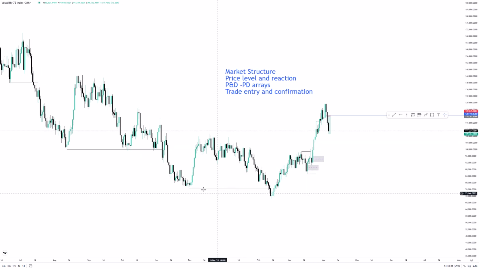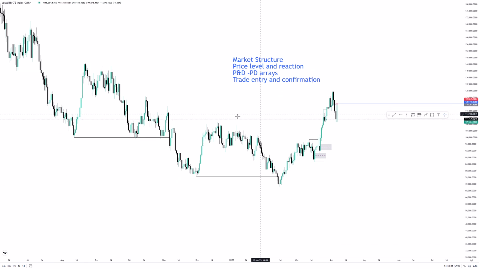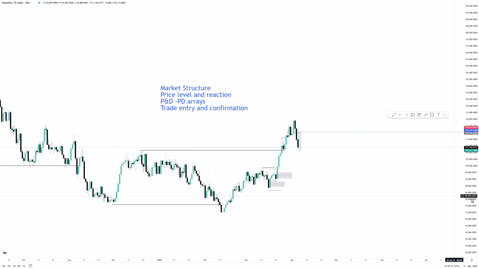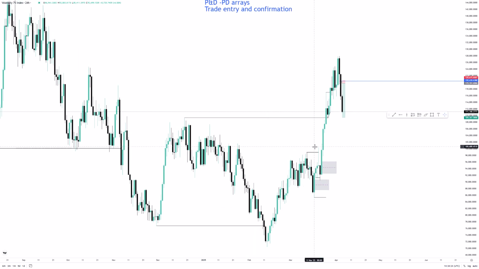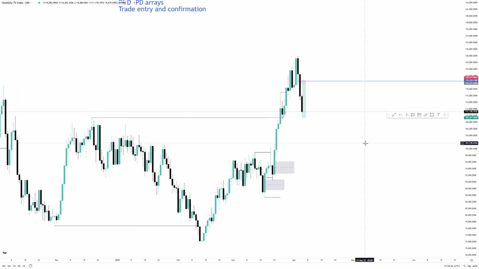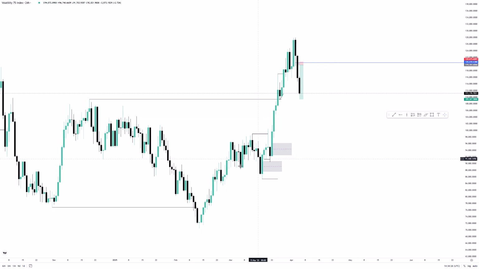And here what do we have? We see a price running on liquidity, and since from there price created this price range, that price broke structure bullish at this point. So we have a break of market structure. At the same time, at this level, we have a breaker block here. But right now, what we need to focus on, we need to identify within the price leg from this low